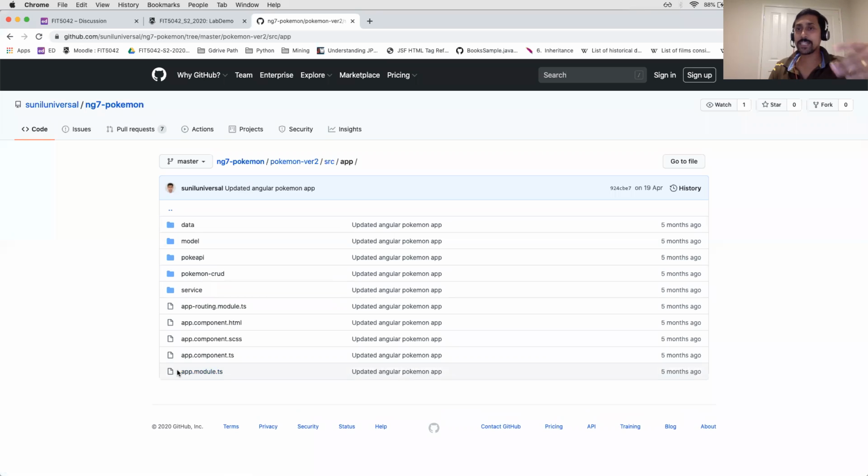The module bootstraps all different components into it. And then you have services and components. We'll learn as the lecture progresses what are services, components, modules, and views. So for you guys, this path is important,